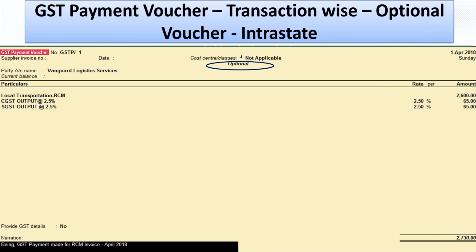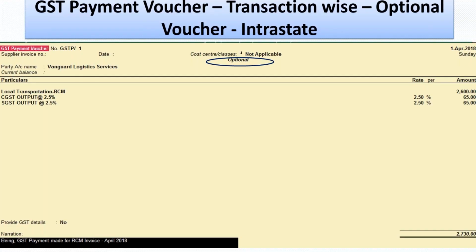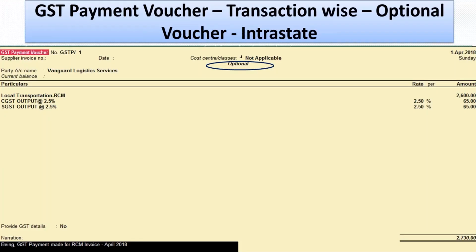so that month-wise we will get all this information in Tally itself. So we have a track of what the transactions are and how many optional vouchers and payment vouchers there are. Everything will be available in one place, not scattered, with some things in Excel and some as physical documents. Instead, we can have everything in one place, integrated. Once we create this transaction, again we need to configure this as a purchase type, the GST payment voucher, so that we get all the requisite fields.